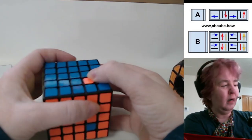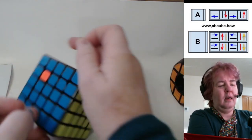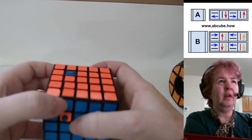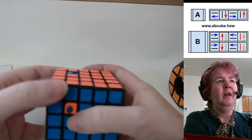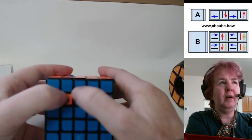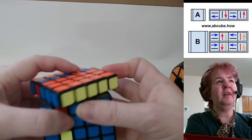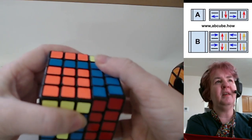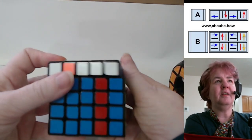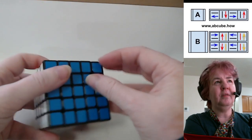So if this piece wants to go here, I line it up so it's advantageous. In Formula B, the first column is where I'm going to follow this piece around. I slide the top so it's in a different column, and where this lands is my second column. Then I reverse, and my edges tell me where I am so I don't get confused. Someone talked to me and I got lost. I go this way, nope, my edge didn't line up, so this is the way. So you can move 3 pieces around